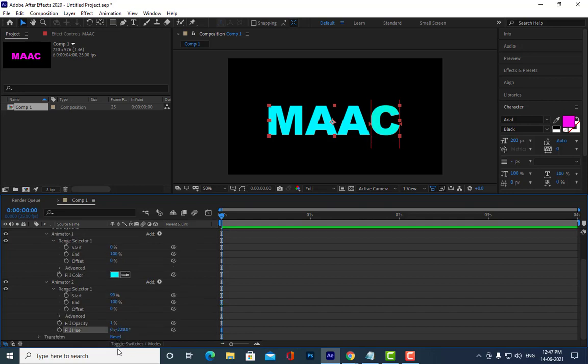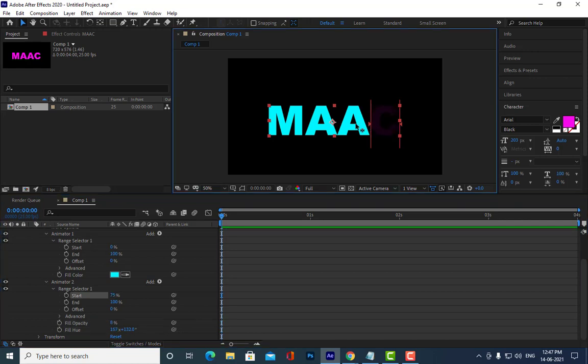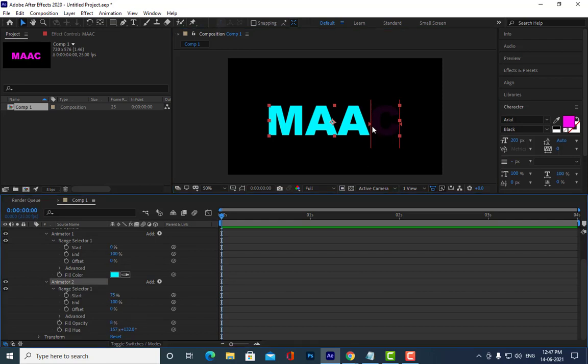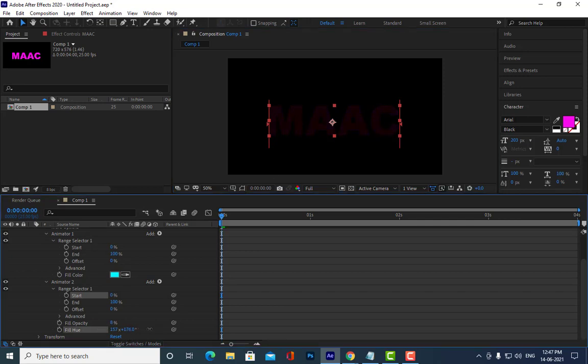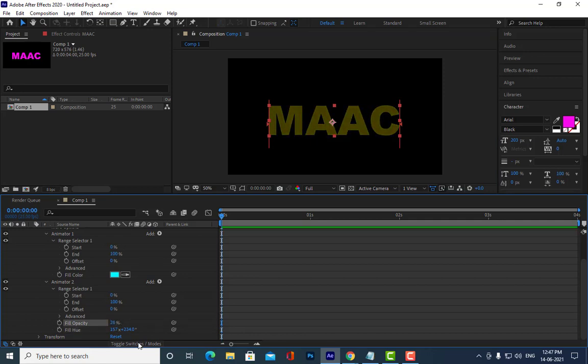See, hue actually means color information. Okay, hue means the color information. Can you see the change? How it's changing actually? See here, you can see how it's changing.